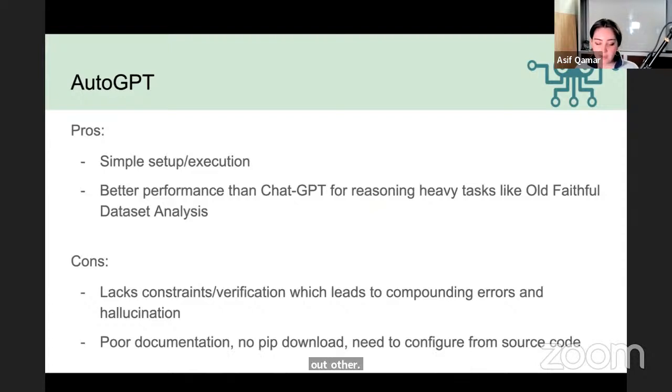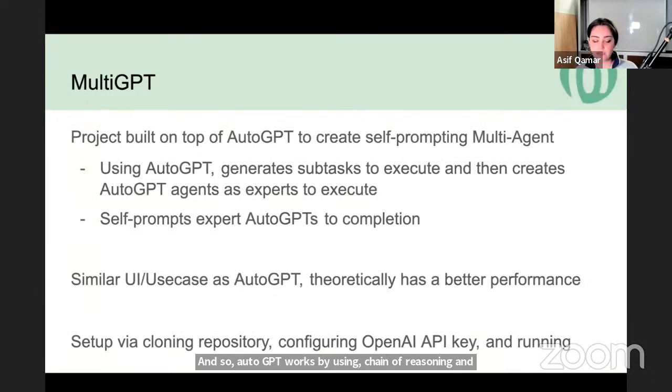So AutoGPT works by using chain of reasoning, and then multi-GPT will spawn different AutoGPTs as experts to perform certain tasks. Multi-GPT takes it a step further, where you can give it a task and say, oh, I want to make this kind of presentation. Or in the case of the one demo I was able to find for multi-GPT, he said that he wanted to make a paperclip company that has the same